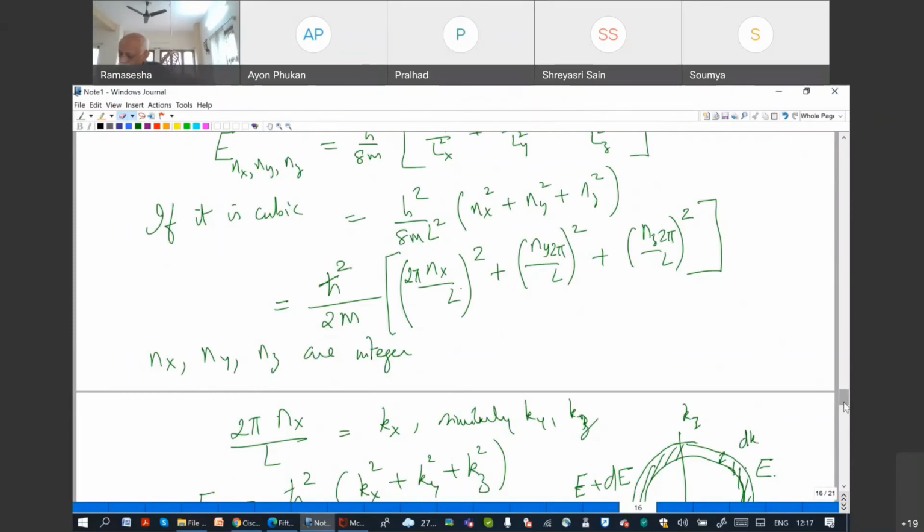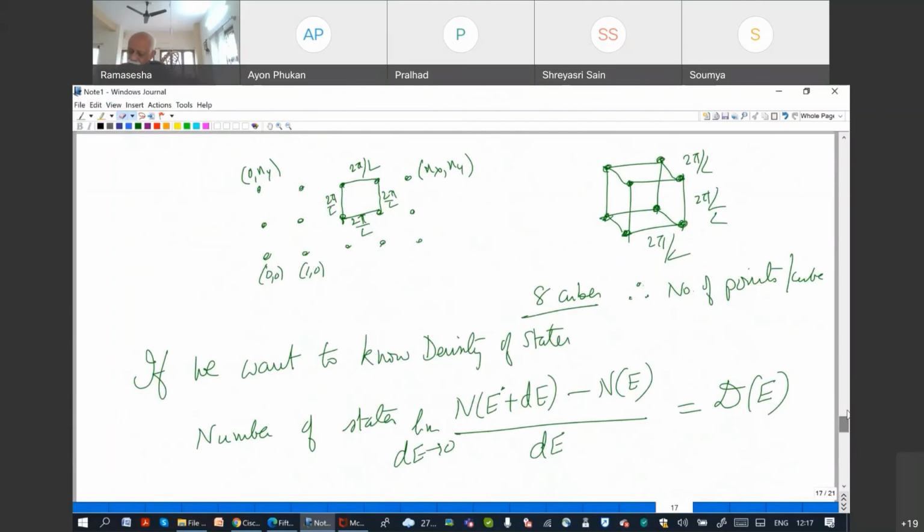Yes. So I can have a lattice of nx, ny, nz corresponding to integers like 0, 0, 1, 0, etc. But sir, nx, ny, nz will be a three-dimensional lattice. Yeah, but for simplicity, I'm doing it only in two dimensions to show you. And what does one point correspond to? It corresponds to nx, ny, nz if it is three-dimensional. If it is two-dimensional, it corresponds to a two-dimensional lattice point. And every nx, ny, nz corresponds to one energy value.